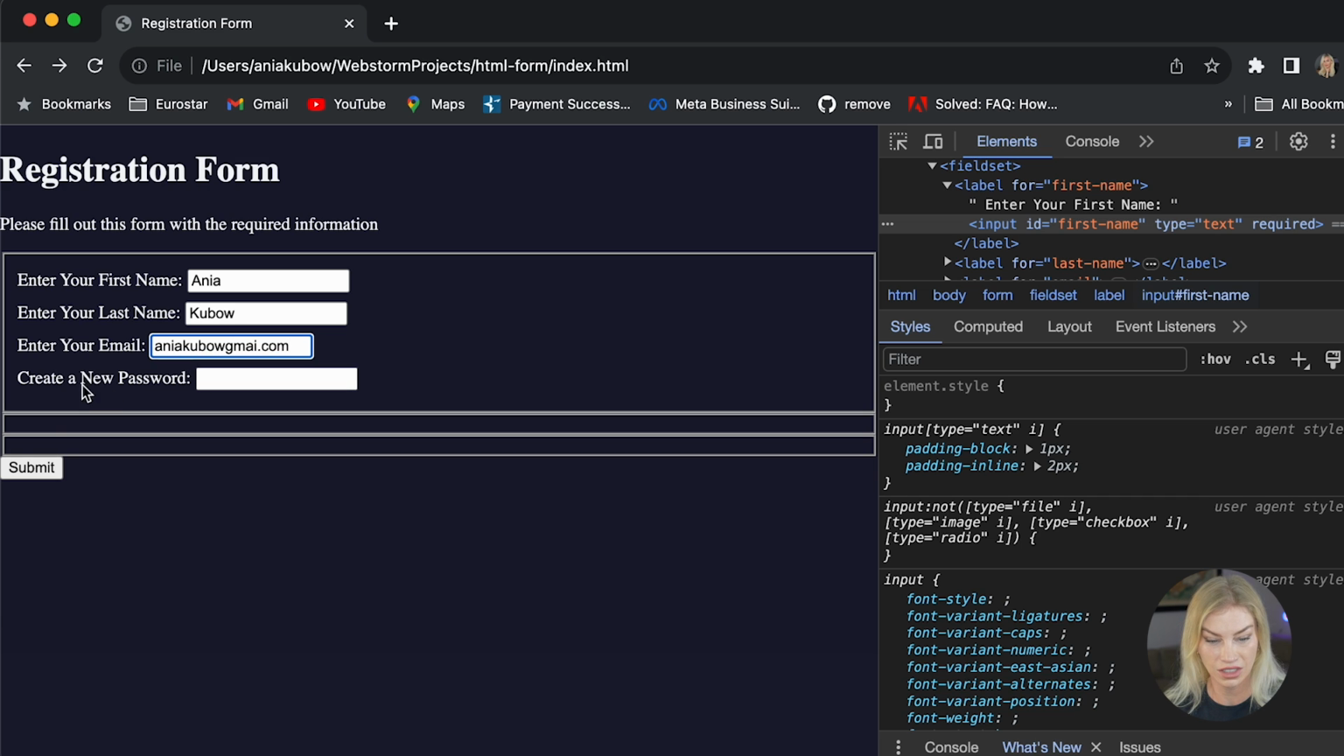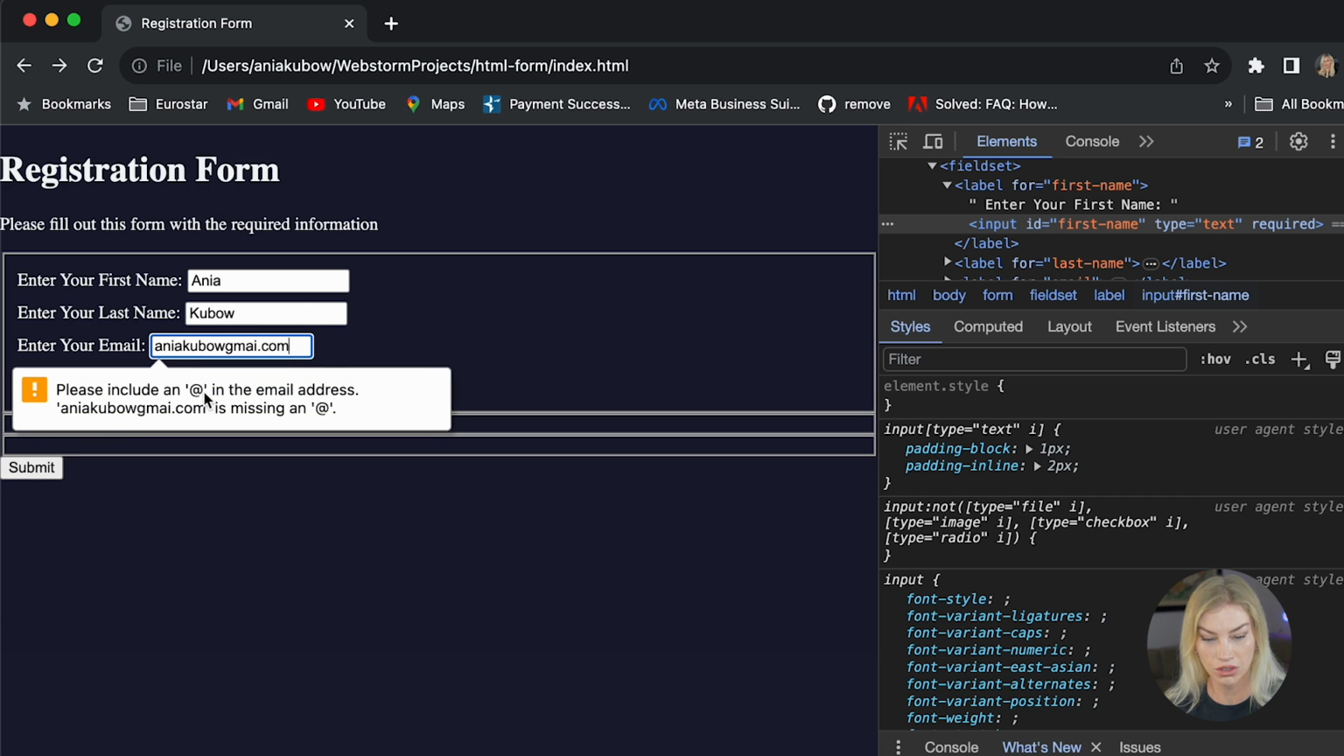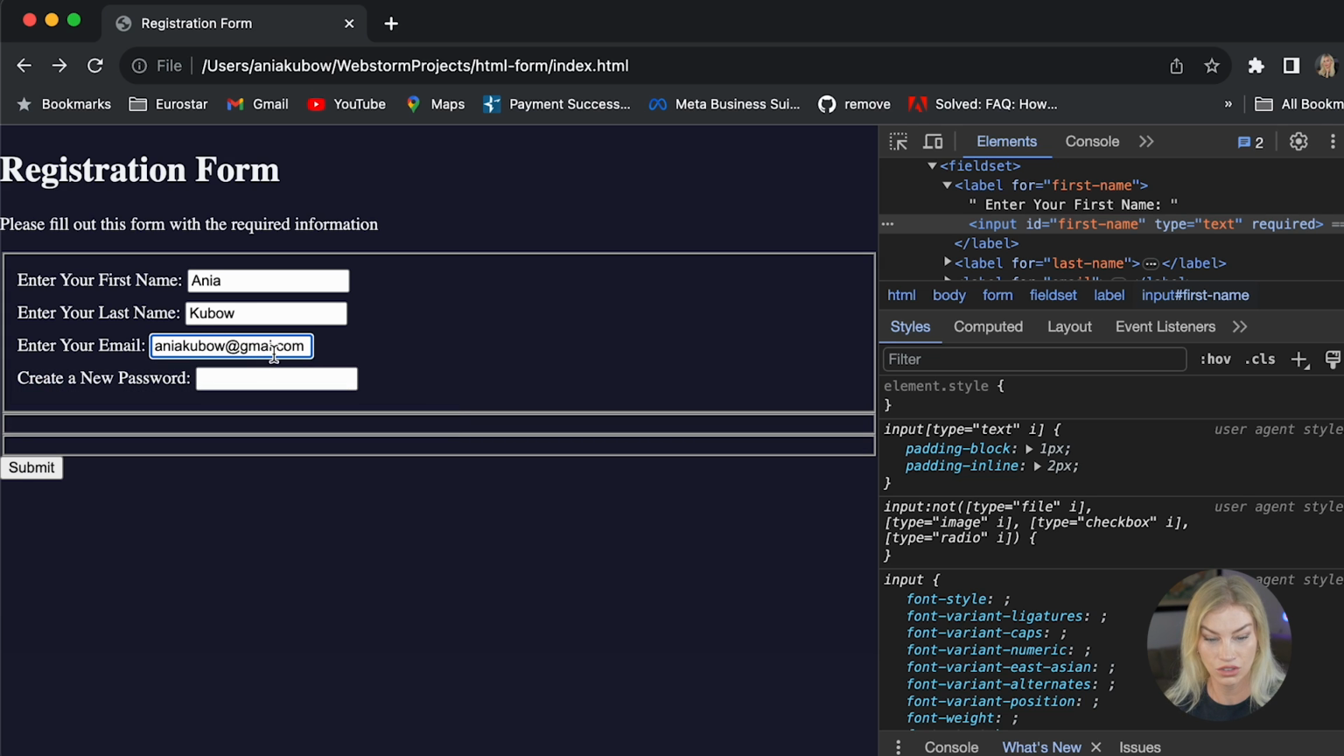I forgot that @, right. And if I click here, it says please include an @ because it's an email input. So I'm like, oh yes, okay, @gmail.com. And if I want to create a password, I can also actually create a password that has a minimum